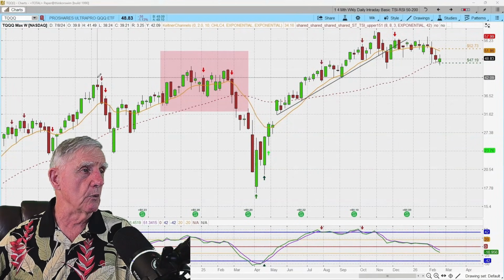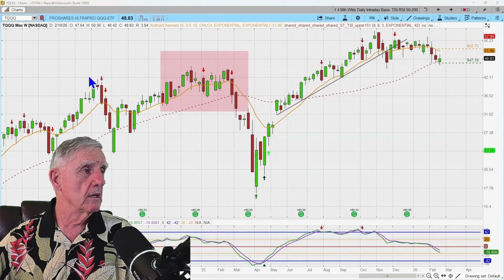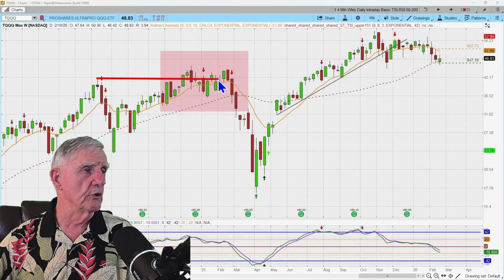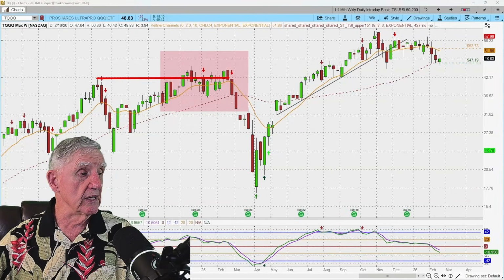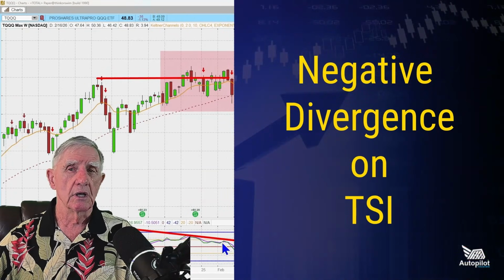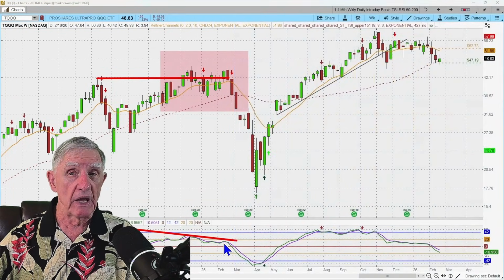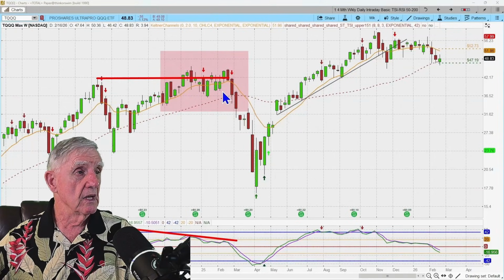Well, check it out. We're basically making a new high across here, as you can see from here, a new high. However, what's the TSI doing? It's actually not making new highs. So that's one of my first clues that I look for, and that is negative divergence on the TSI. See how the momentum is not making higher highs? And check this out also. We spike up